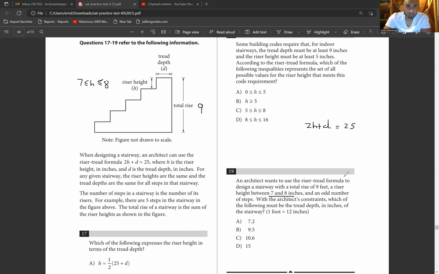And an odd number of steps: 1, 3, 5, 7, etc. Which of the following must be the tread depth with the architect's constraints? Tread depth is D. All right, so how are we going to do that one? Tread depth is D, which is this one right here. If we plug in, say, 7.2 right there,